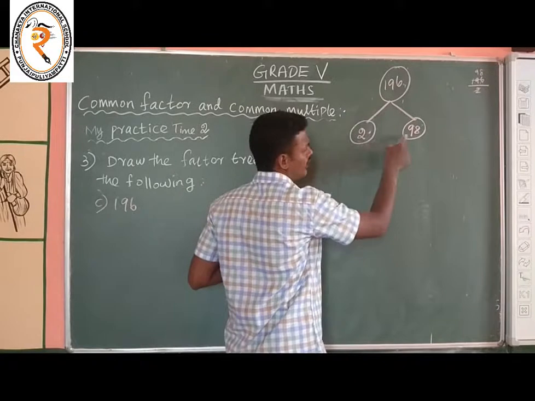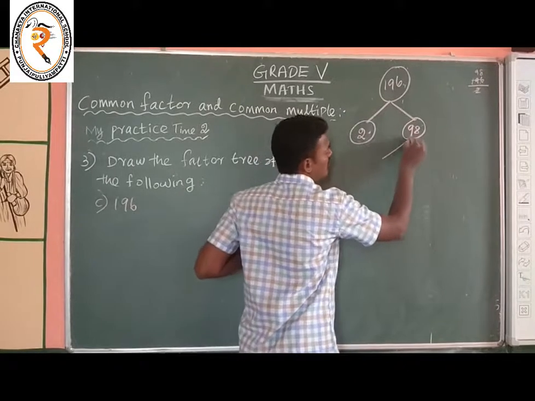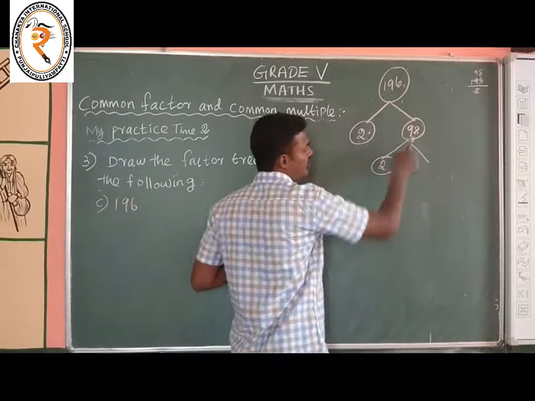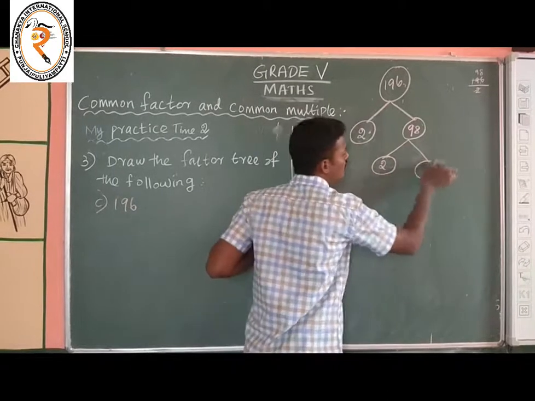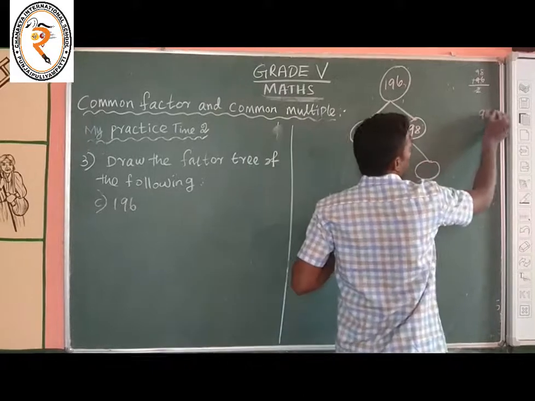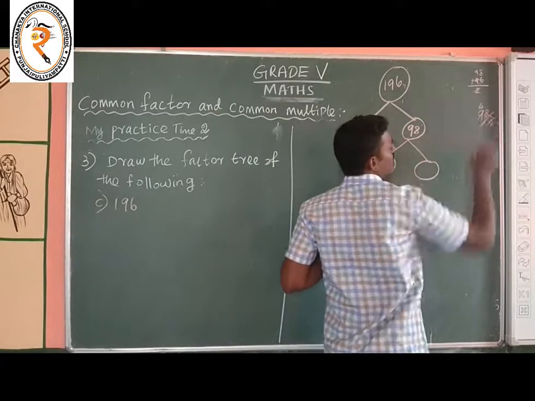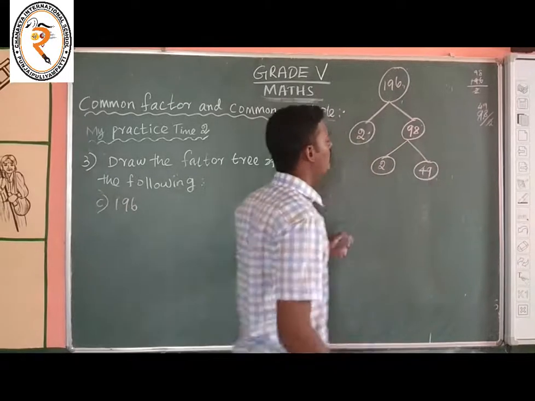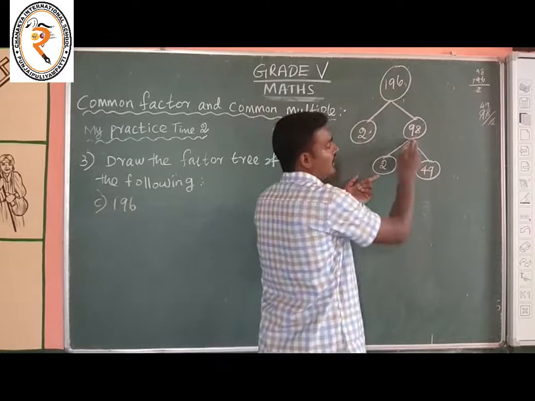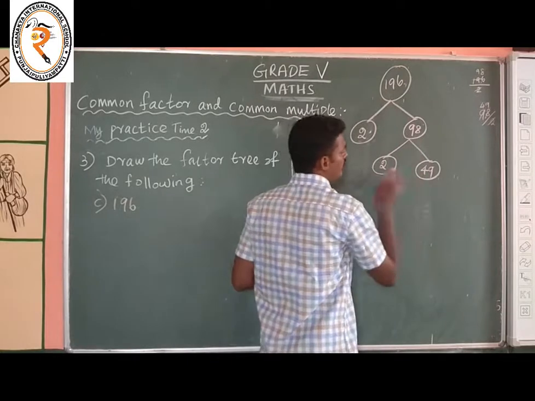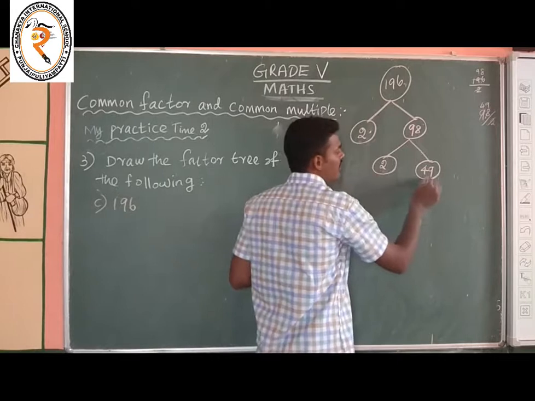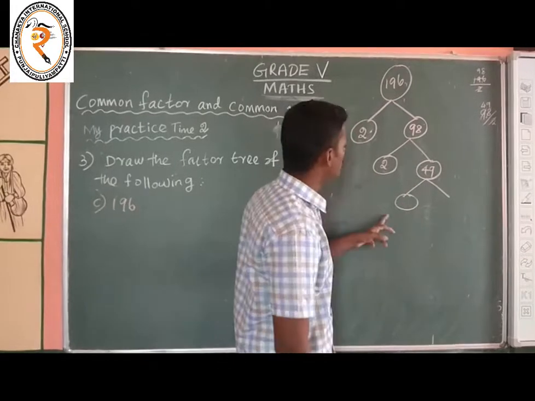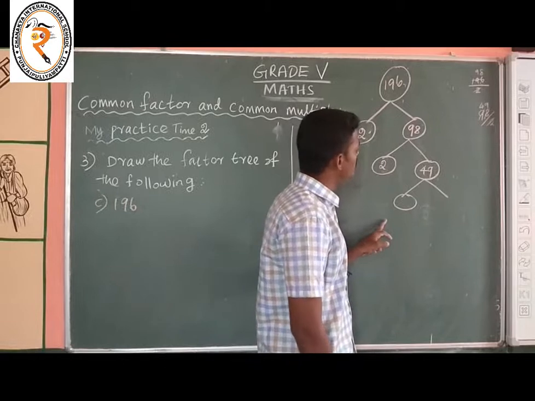2 is a prime number. 98 is a composite number. So split 98 in the second table, because 98 is an even number. Even numbers come in the second table. So 2 into 98. 98 divided by 2, 4 times, balance 1. So 49. 2 49s are 98. So 2 is a prime number. 49 is a composite number. So we split 49. 49 is not in the second table, third table, fourth table, fifth table, or sixth table.